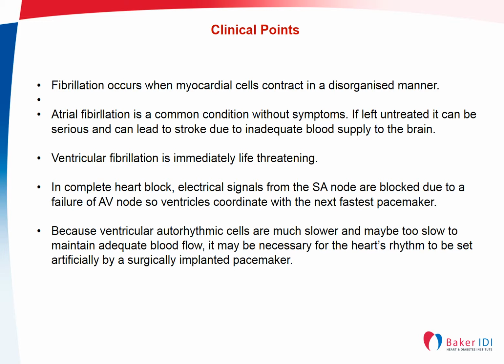the case. So I mentioned to you that SA nodal cells determine heart rate because they are the fastest autorhythmic cells. In complete heart block, electrical signals from the SA node are blocked due to a failure of the AV node, so the ventricles coordinate with the next fastest pacemaker. Because ventricular autorhythmic cells are much slower and may be too slow to maintain adequate blood flow, it may be